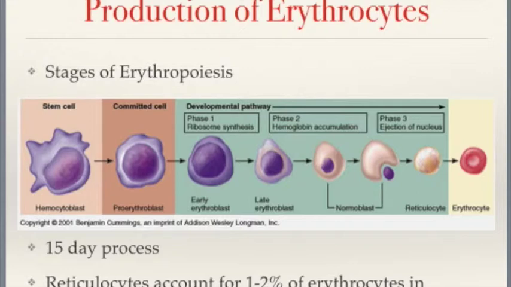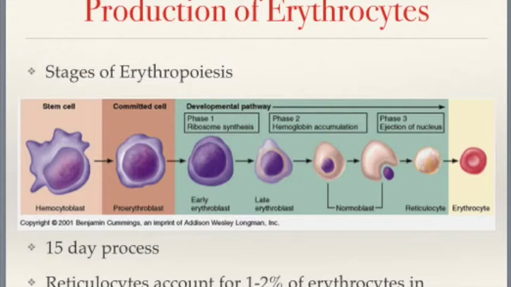undergoes ribosome synthesis. Remember, ribosomes make protein, and red blood cells are packed with hemoglobin, which is, for the most part, a protein molecule. So it needs lots of ribosomes. Those ribosomes begin to produce hemoglobin in phase 2. And during phase 2, hemoglobin is produced. At the beginning of phase 3, the nucleus and organelles are ejected from the cell, at which point it becomes